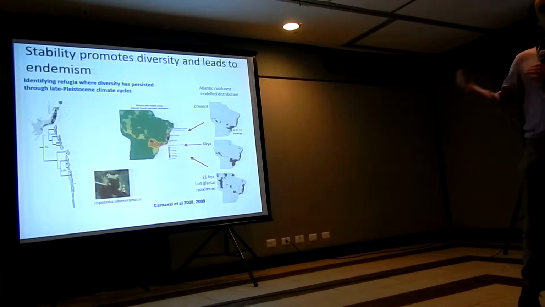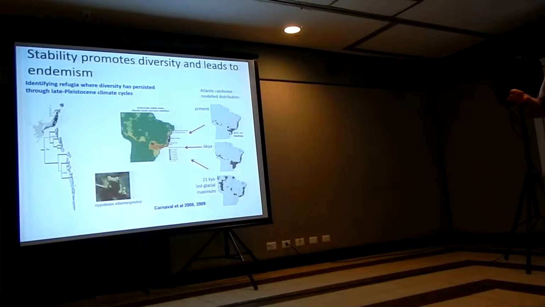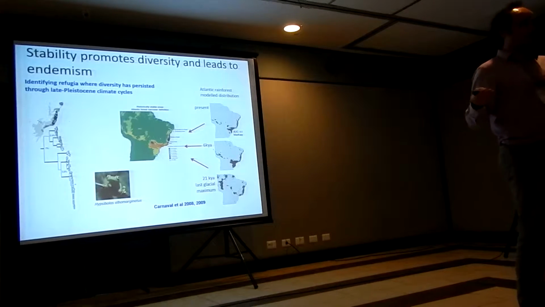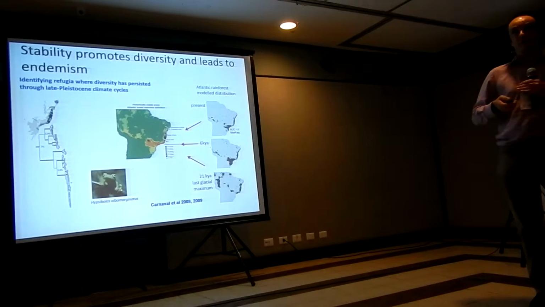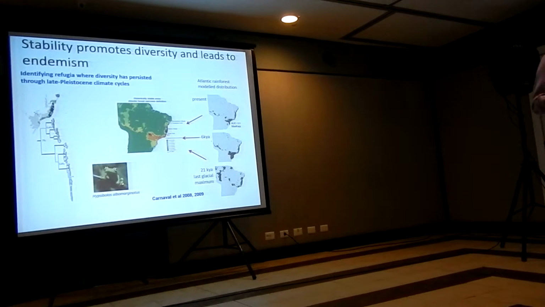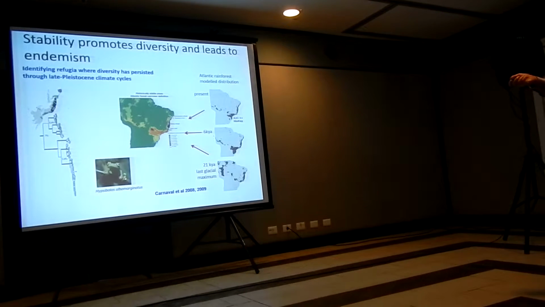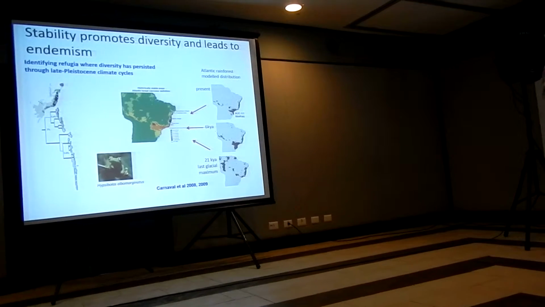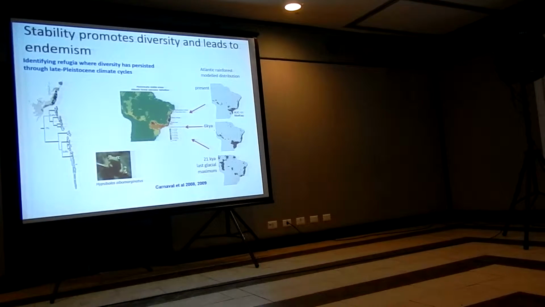So you're seeing that pattern of greater diversity in stable areas, and this level of looking at diversity within species is the right level to be looking for that kind of pattern if what you're interested in is Pleistocene climate cycles. Now, not every study has found that pattern. In fact, a study that we did last year, Carnival et al. 2014, found that stability didn't predict endemism in the southern parts of the Atlantic rainforest.